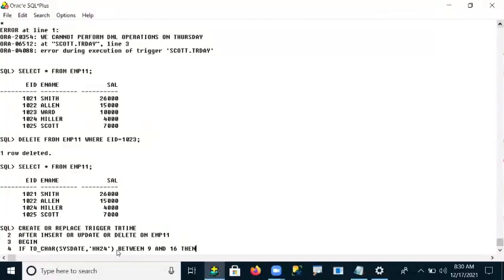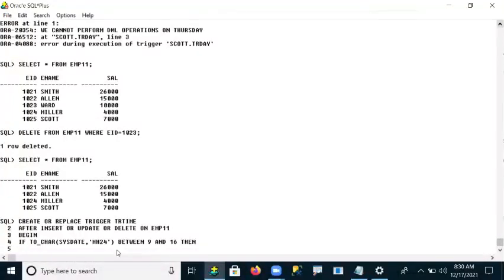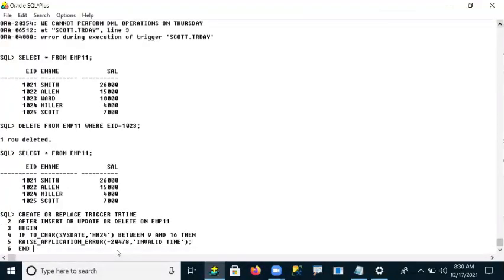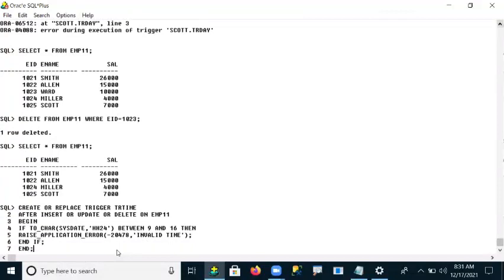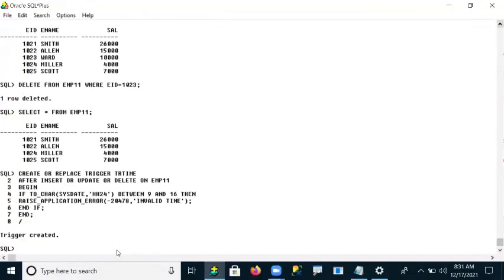If your time comes under 9 to 16, then raise the application error: raise_application_error, that means I have to raise an exception here. I'm passing the statement 'invalid time', and finally end if, and finally end. Okay, the trigger is created.